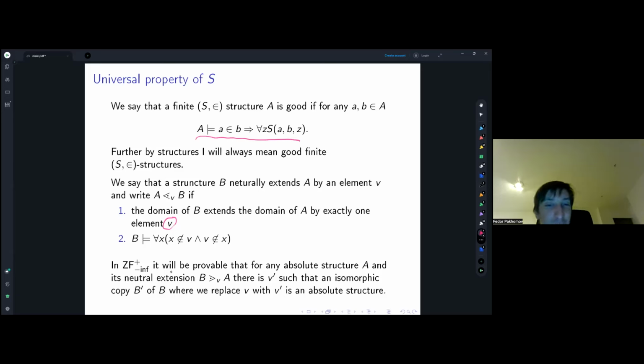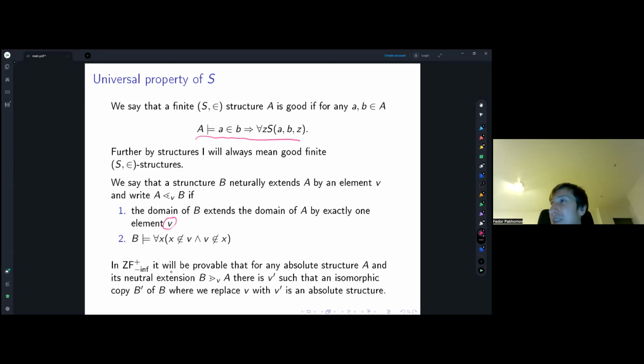It's not an element of any element, and it doesn't contain as a member any other element of the whole structure. Technically one could call this V a urelement, but